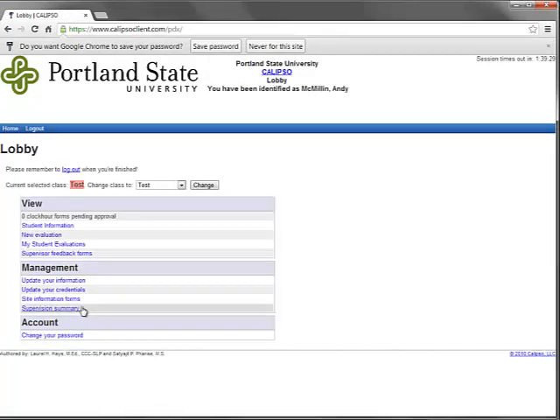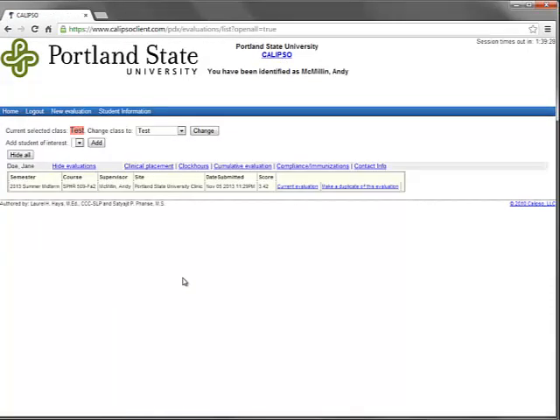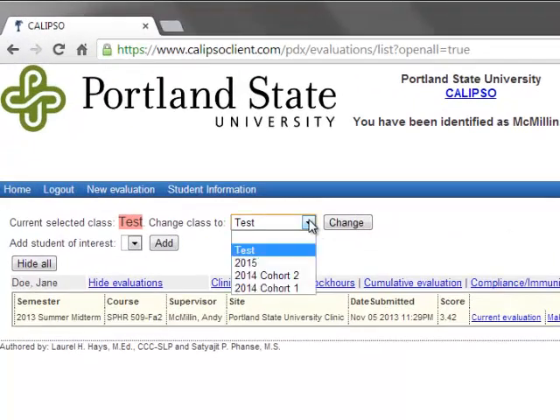Once you've logged into the Calipso lobby, it's tempting to choose New Evaluation for your student's final evaluation. But if you completed a midterm evaluation for your student, here's a shortcut. Go to My Student Evaluations instead of New Evaluation. On this screen, you may have to select your student's class from this drop-down menu, then click Change to see